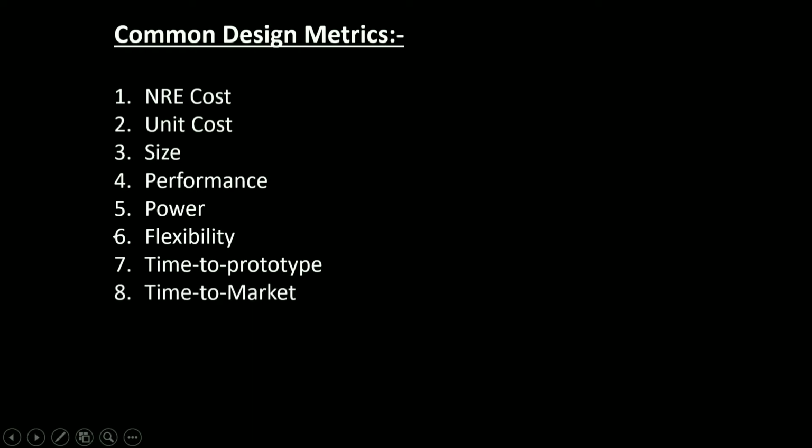Time to market. Next one is the time required to develop a system to the point that it can be released and sold to the customers. The main contributors are design time, manufacturing time, and testing time. Next one is maintainability, the ability to modify the system after its initial release, especially by the designers who did not originally design the system.